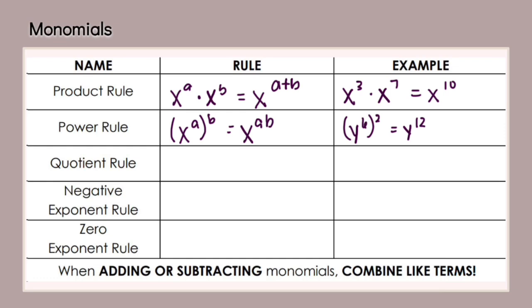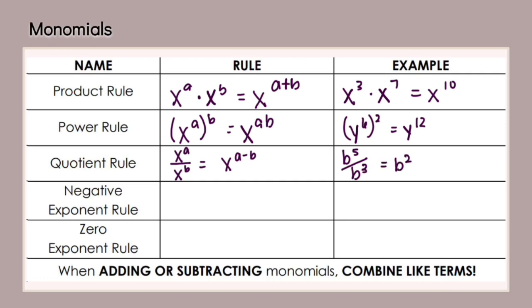The quotient rule is for when we are dividing with exponents. So if we had x to the a over x to the b, that would be x to the a minus b. So it's always top minus bottom. If we had actual numbers with that, so b to the 5th over b cubed, that would give us b